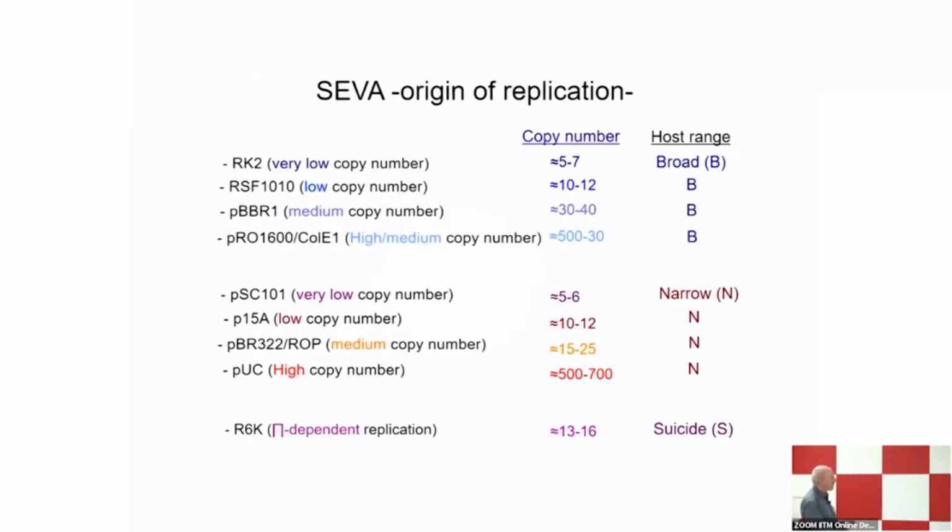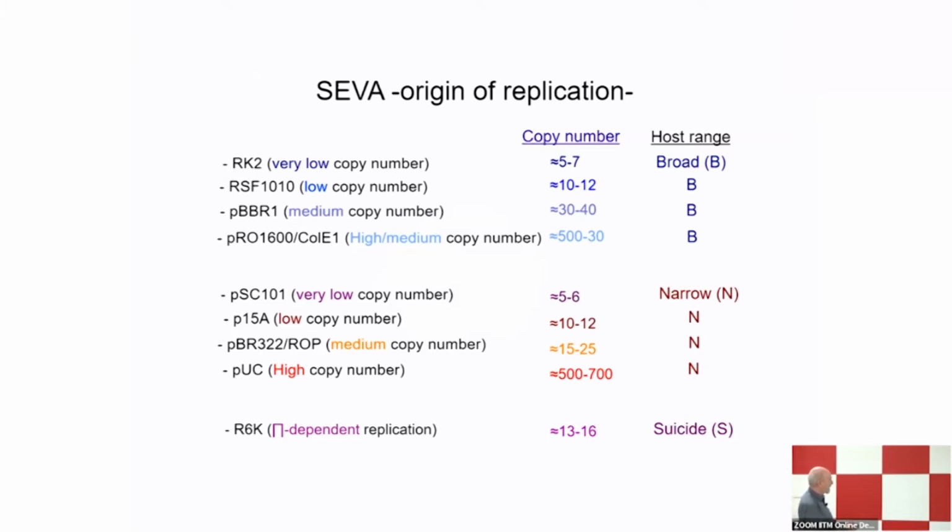And therefore, in the collections, we have incorporated a number of origins of replication that enable the propagation of these plasmids not only in E. coli, but also in a wide variety of bacteria, both gram positives and gram negatives. So the ones that you have on top here are origins of replication that are promiscuous, and therefore SEVA derivatives that carry these origins can replicate in many different gram-negative bacteria. And also, depending on the origin of replication, you have plasmids that have a high copy number and others that have very low copy number,